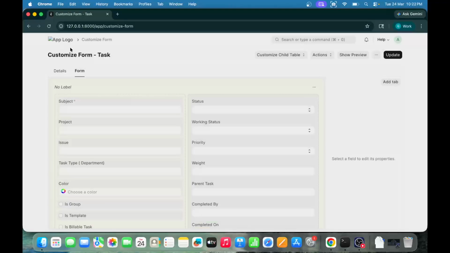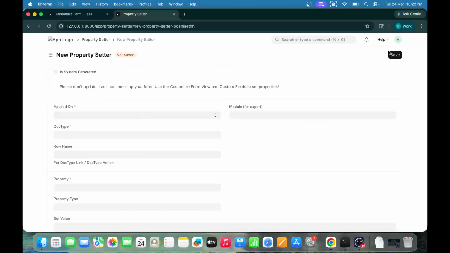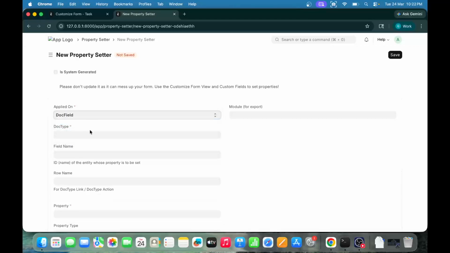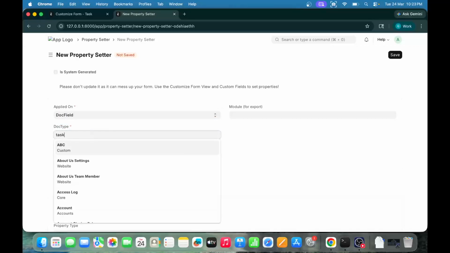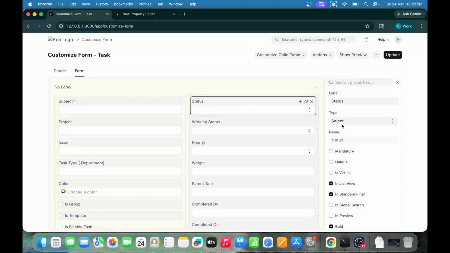So how can we make the changes? So here comes the property setter. So if I go to property setter and add a property setter and select applied on the DocField, then select the doctype on which you want to use the property setter, and you have to give the field name on which you want to apply this property setter. So the field name is status. Copy this field name,